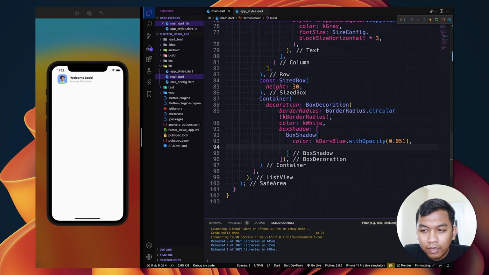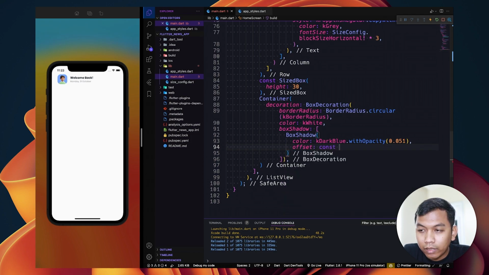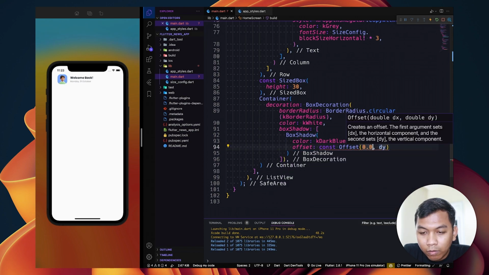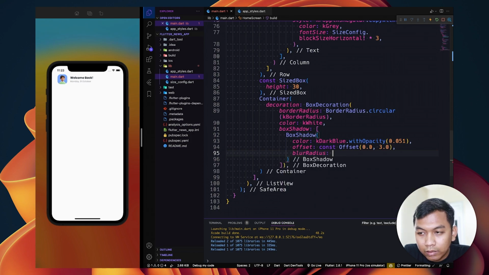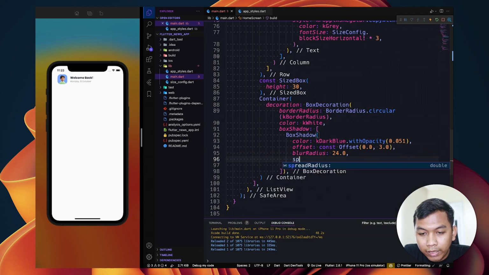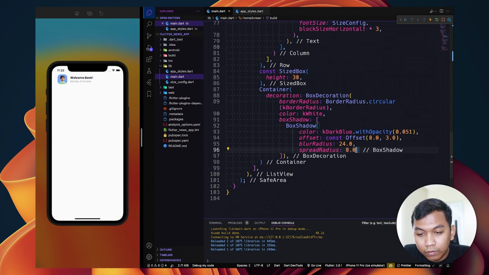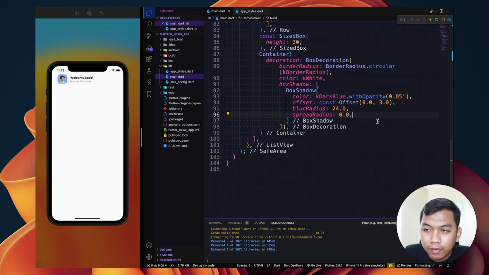And the next we can set offset, and we say 0.0 and 3. And the next is blur radius, set it to 24 and spread to 0. Alright.